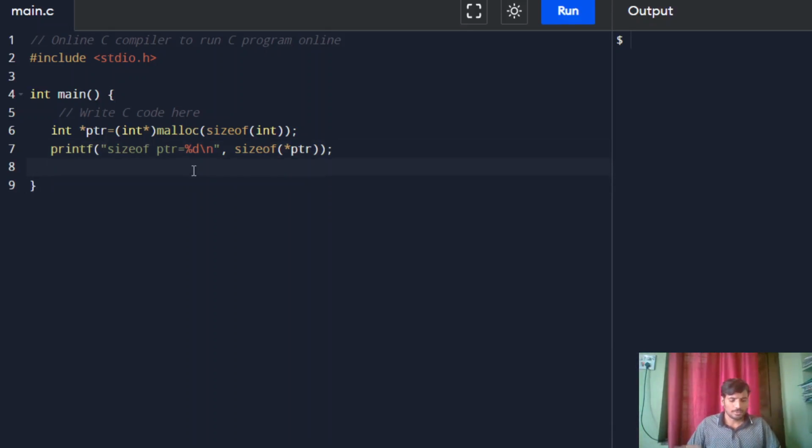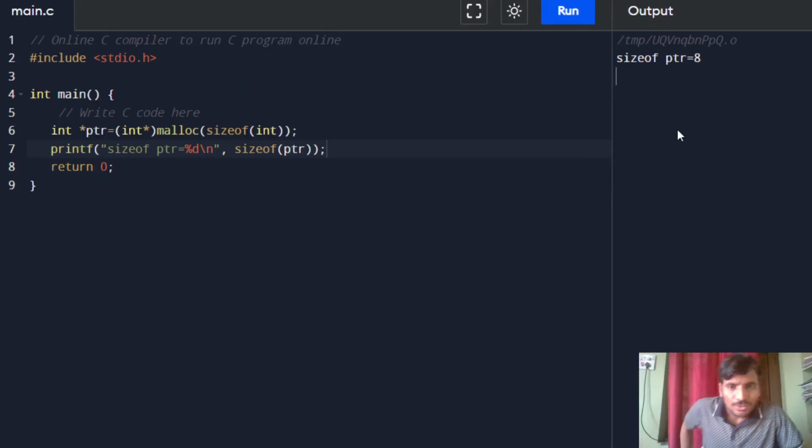Okay, return 0. Run it. Size of pointer is 4, right? If you don't use star, let us see what the output will be. It is 8. So can anybody tell me why it is so?